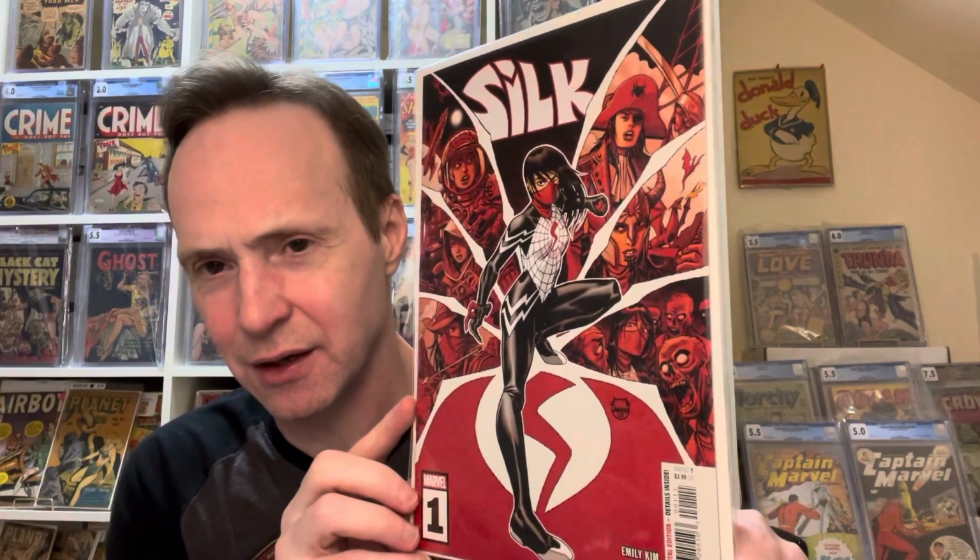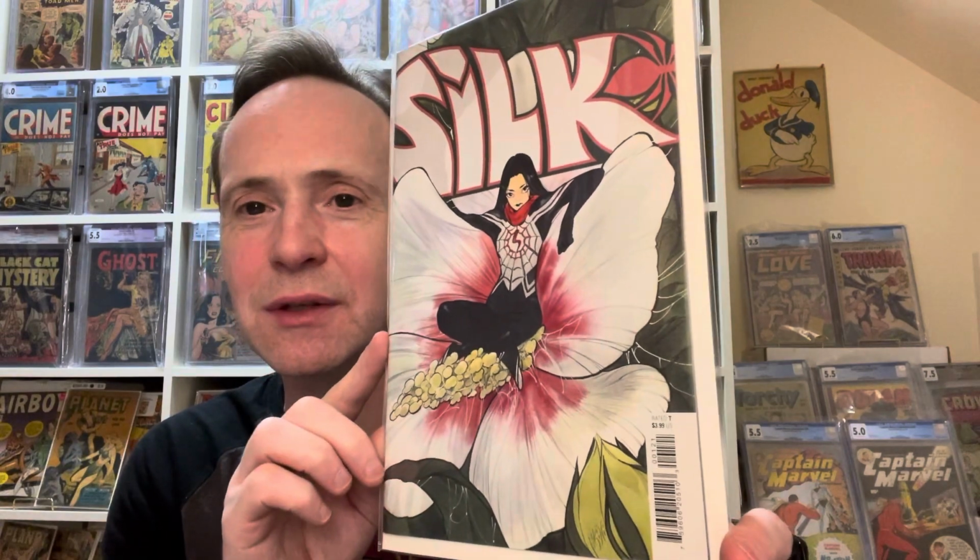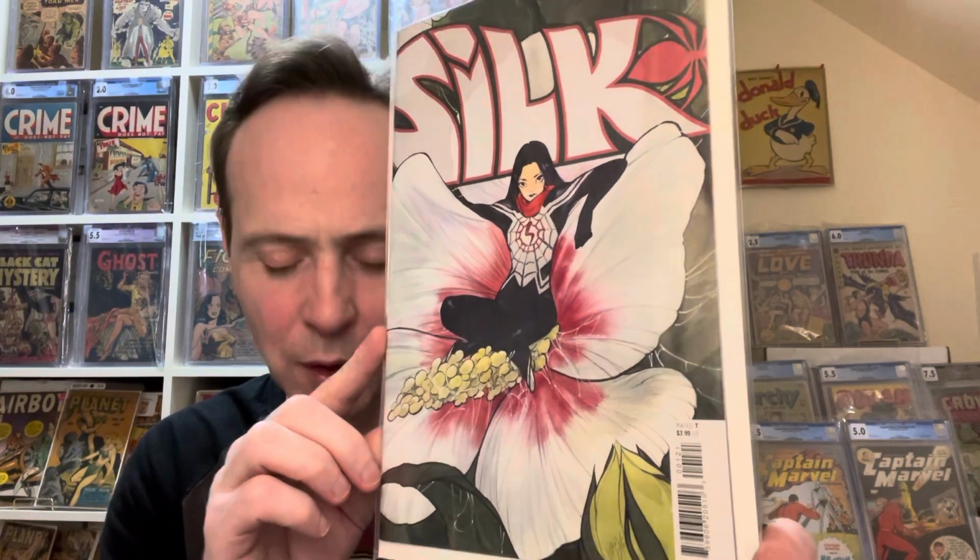But this is Silk number 1. And actually, I really wanted to get the variant for this. That was sort of the hot book, and maybe I'll get it once it kind of drops down again. But I also picked up a couple of the other variants. This is the Peach Momoko variant,